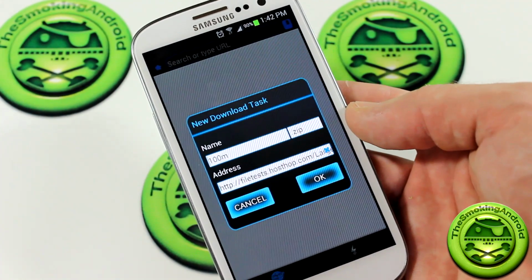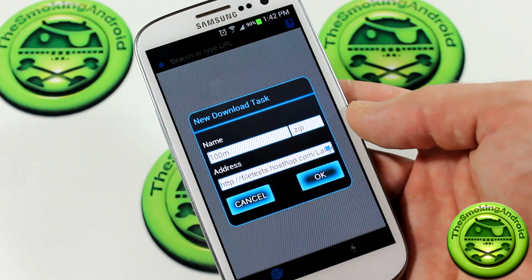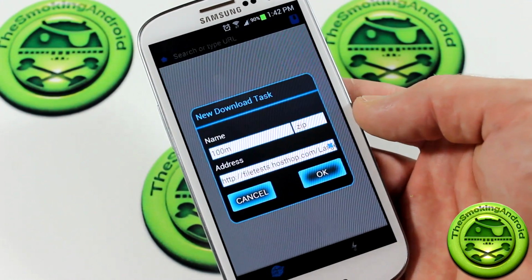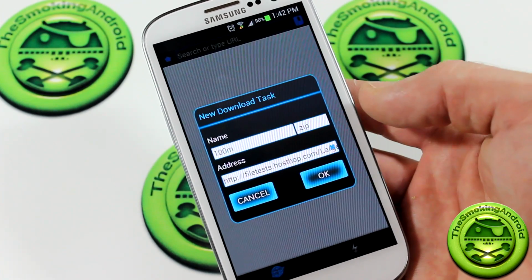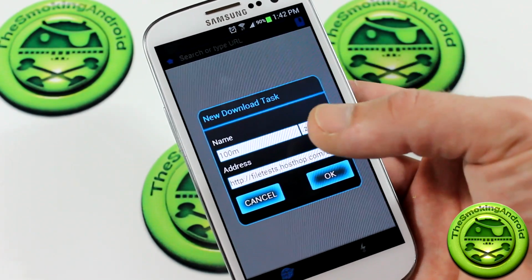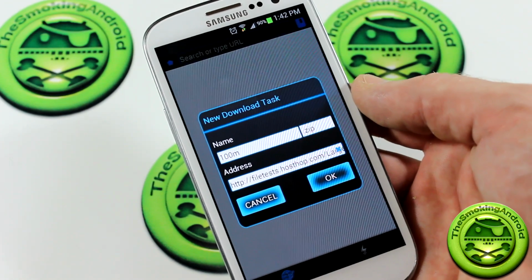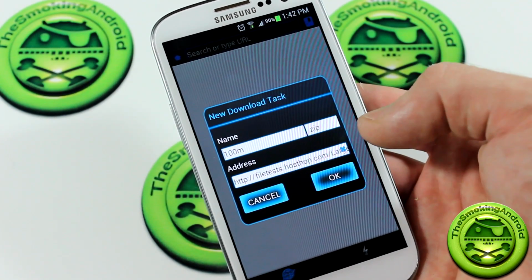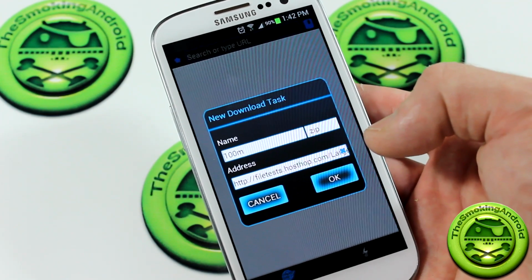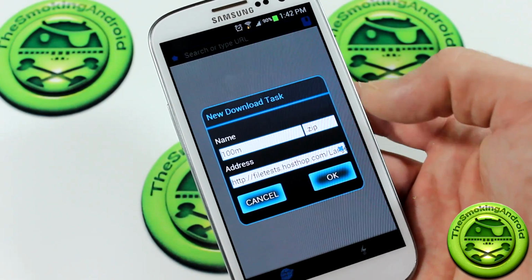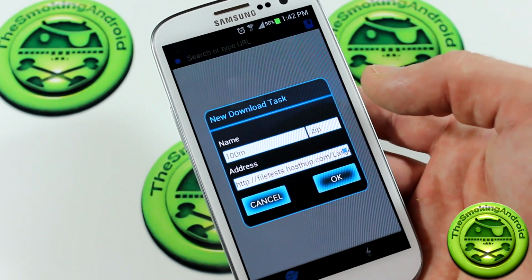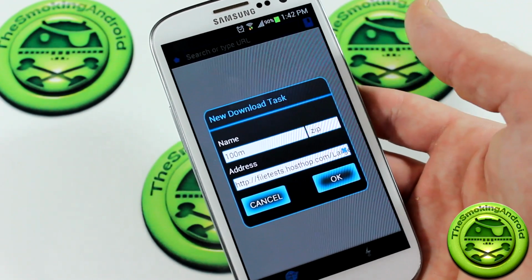Now, one thing I wanted to point out is that on the Play Store app page itself, the guy says, at least I think I read this properly, that if you're not using a stock browser, you may have to long press on the particular download link and then save link as, and then select Smart Downloader as your saving app, I guess. I haven't found that. I'm using Google Chrome, and I just click on the links, and it launches the application,